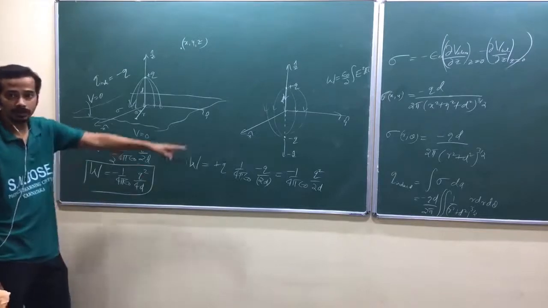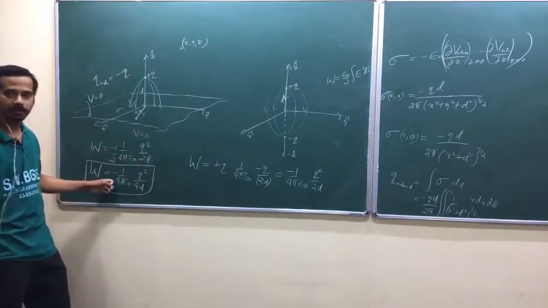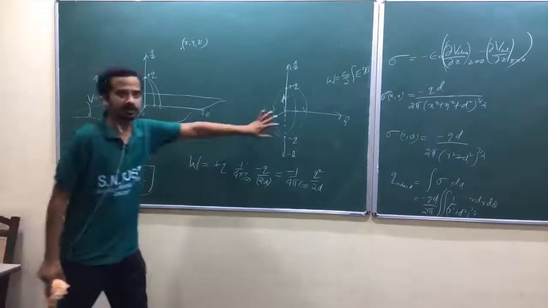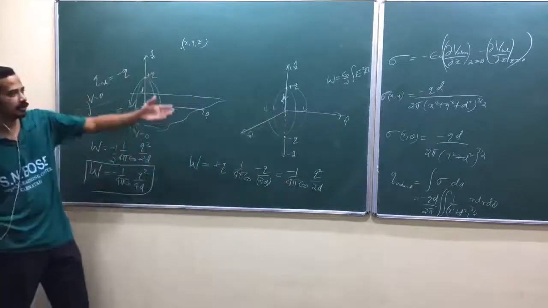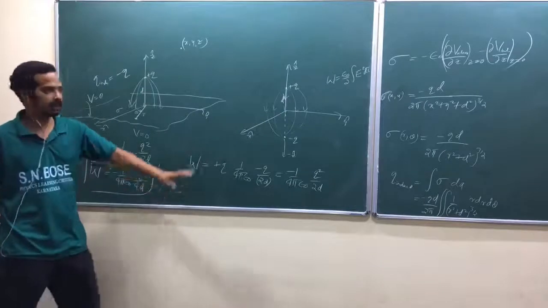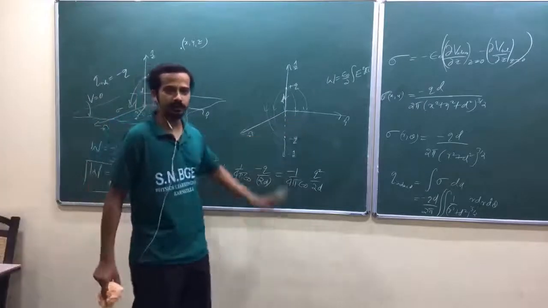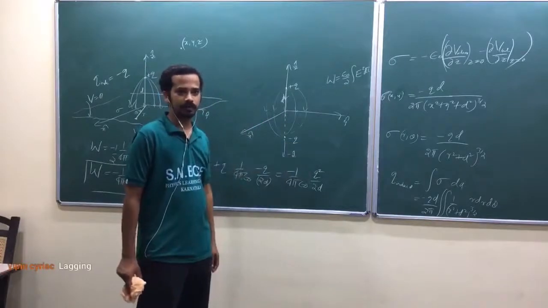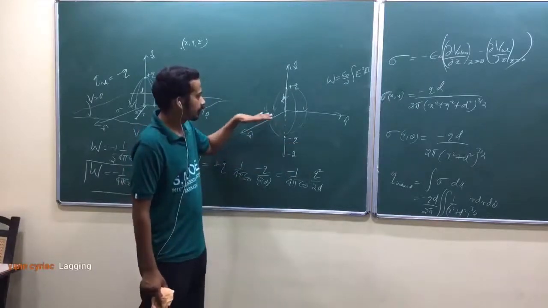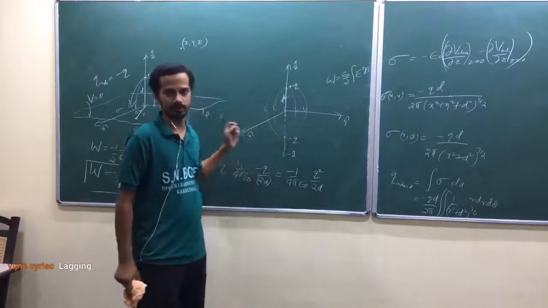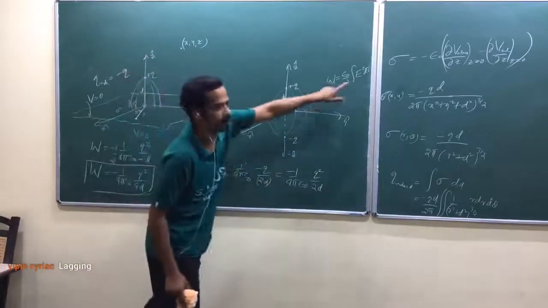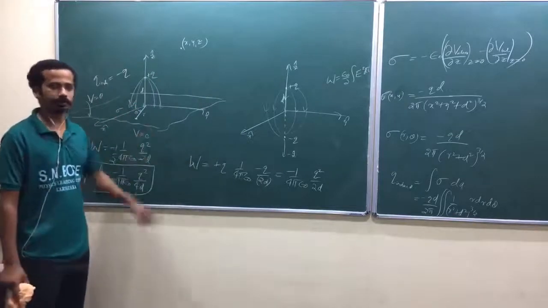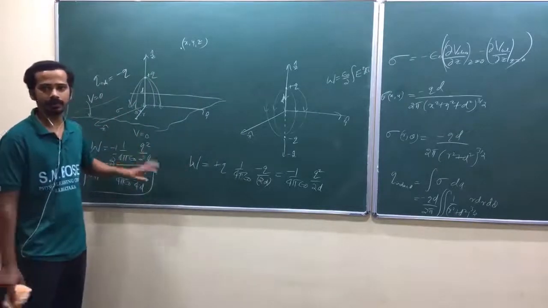I haven't done any calculation here. I have seen the image configuration. I have written the work done in making this one. But what I see here is that it would be double that of this one, if I see this formula. That should be double. So that's why we have to divide by 2 in the actual sense.